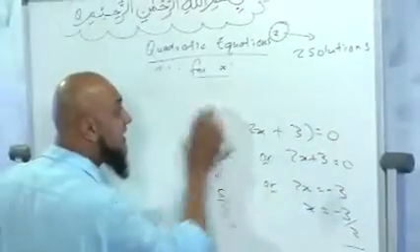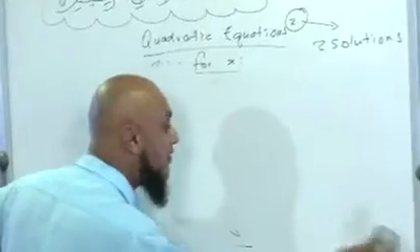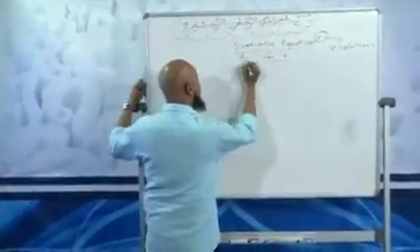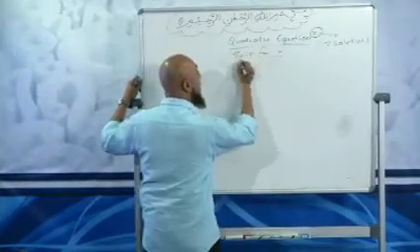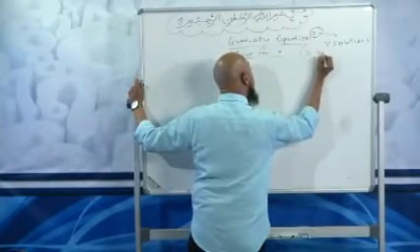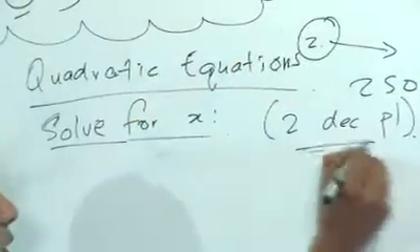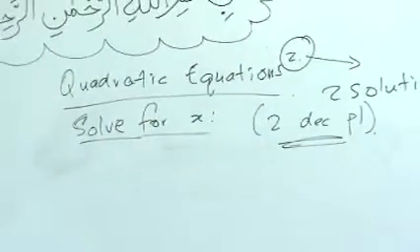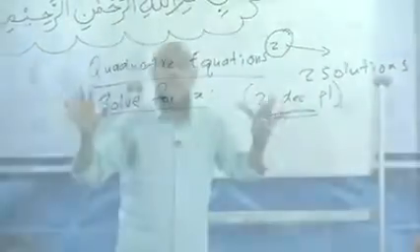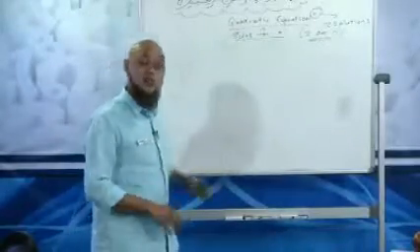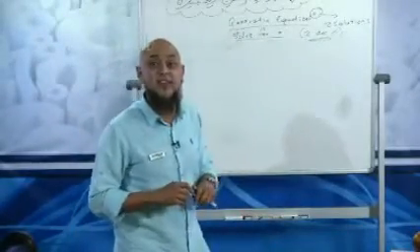Now the question in the exam will simply state solve for x. But your clue will be, grade 11s, your clue will be correct to 2 decimal places. Now the minute the question says correct to 2 decimal places, you know that it doesn't have perfect factors. So you can't use Mr. Snotkop anymore. Now you've got to use the quadratic formula.